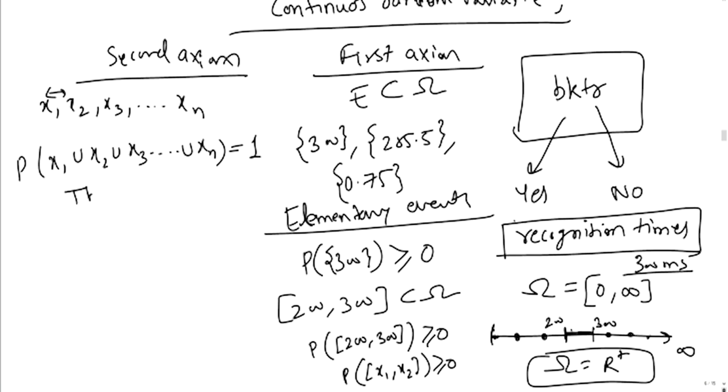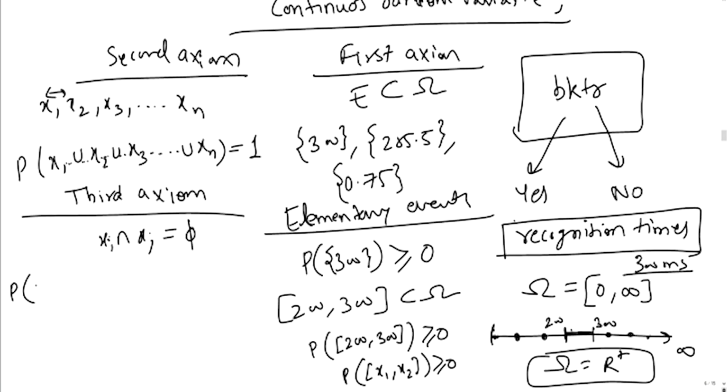Now let us go to the third axiom. By the way, here you should write it with dots between x2 and x3, because there are an infinite number of events between x2 and x3 as well, right? The third axiom says if any events are mutually exclusive, so let's say xi intersection xj is phi, an empty set, then the probability of x1 union x2 union x3, these being mutually exclusive events,